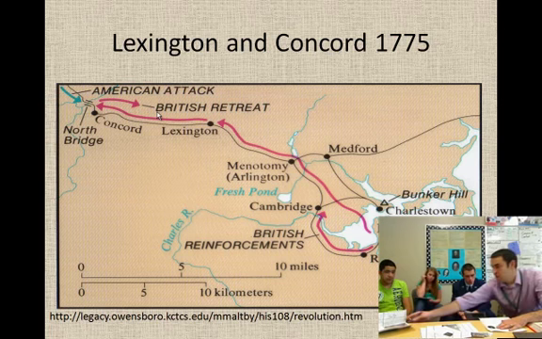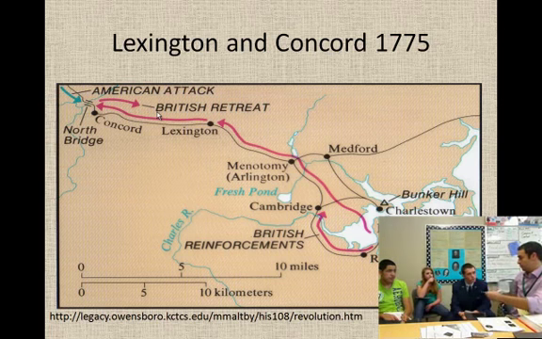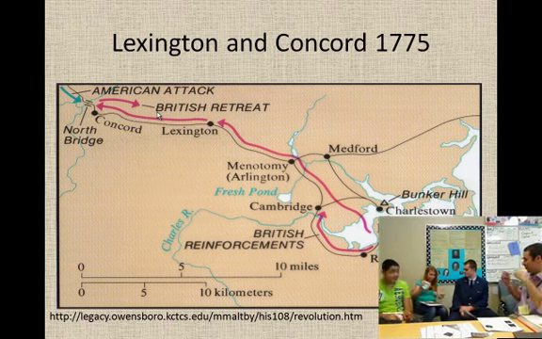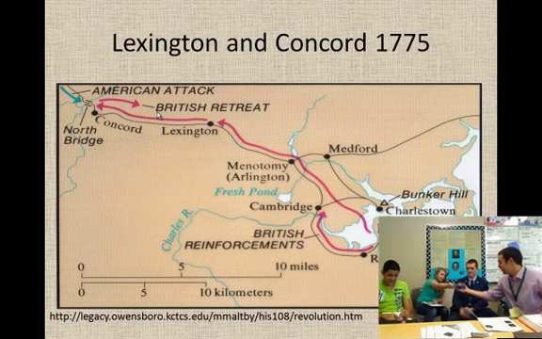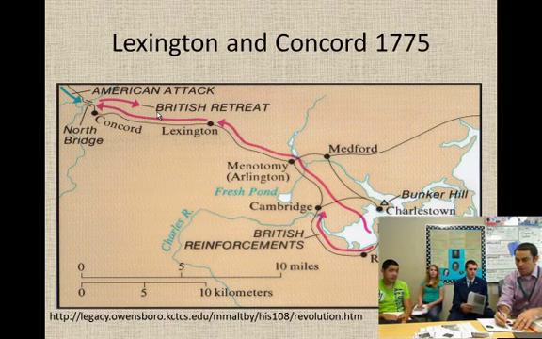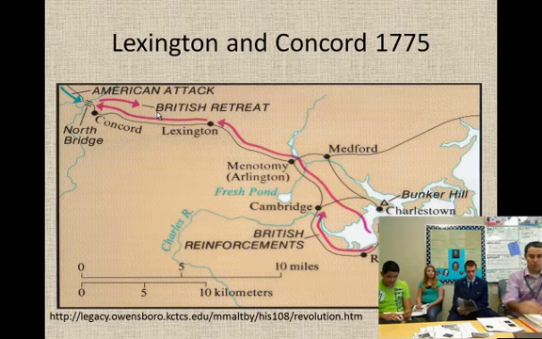Now, what does the king do when he gets the Olive Branch Petition? Who wants to pretend they're King George III? Just tear it up. Whoa! How does it feel? Makes him feel like I'm empowered. And then you'd be like, oh, those colonists, I can't believe it. So when this happens, the king basically sends all the available troops he has to crush it. Then you have the first major battle, which is known as